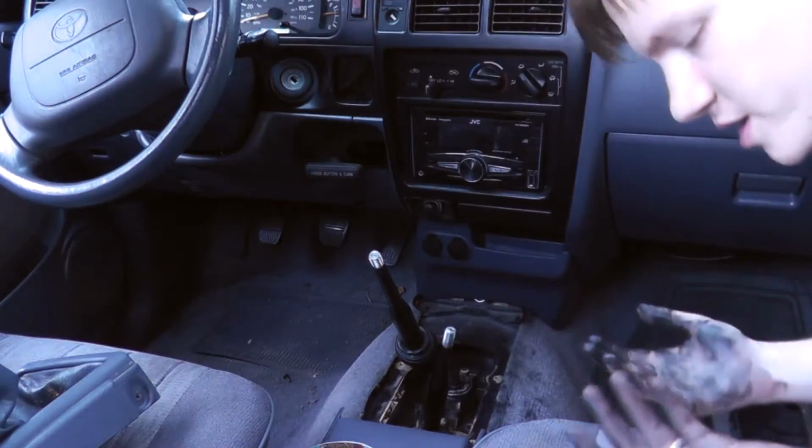That's the end of the technique. Hey, I got dirty hands. Who would own a four-wheel drive truck and not know how to operate the